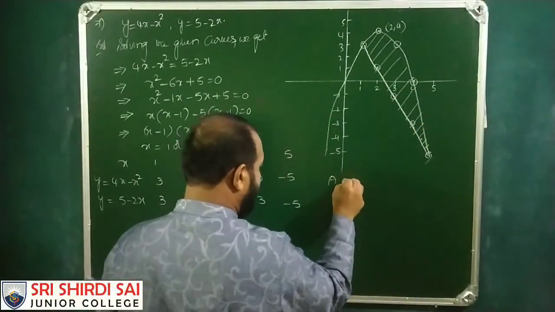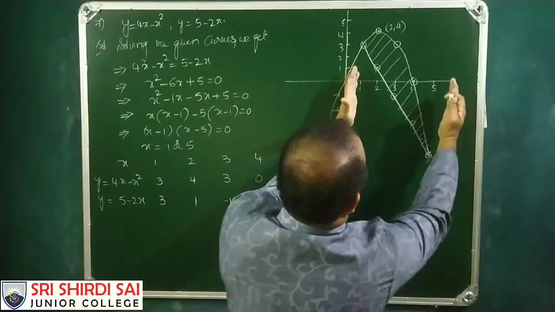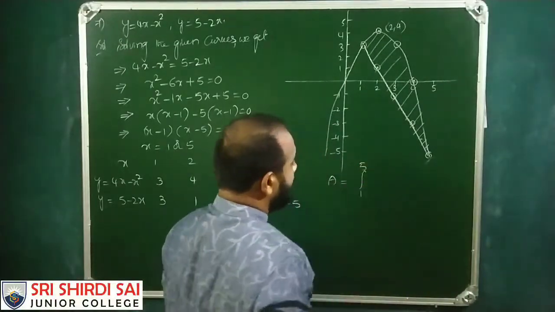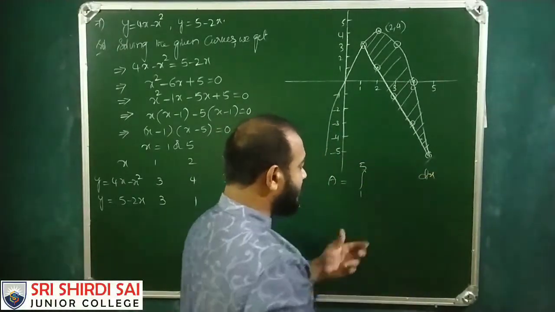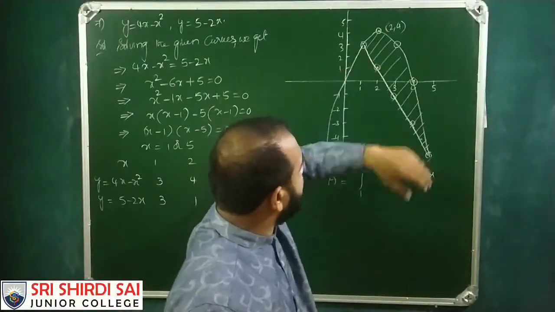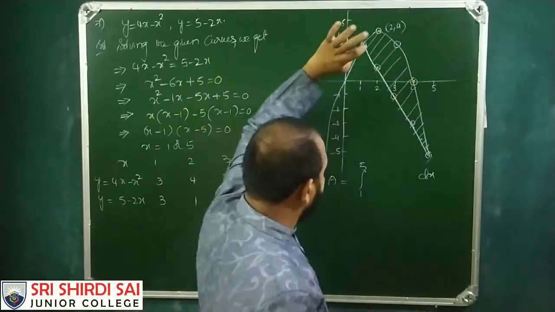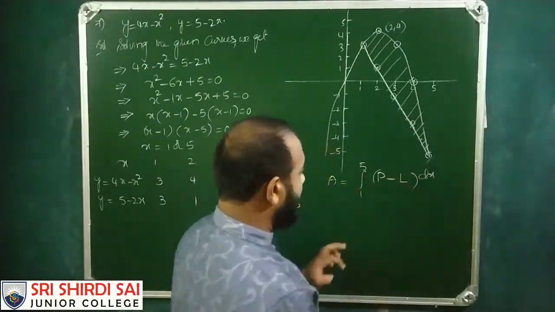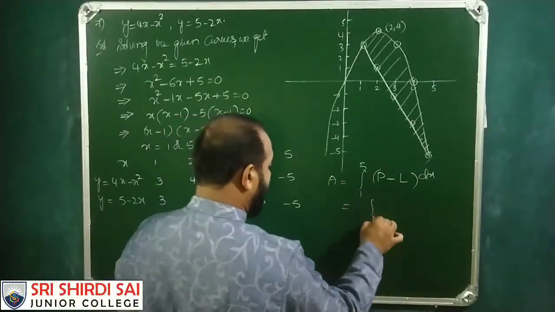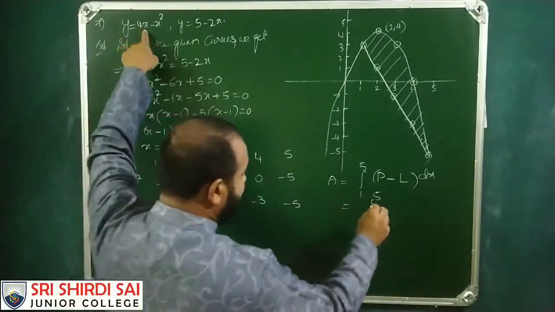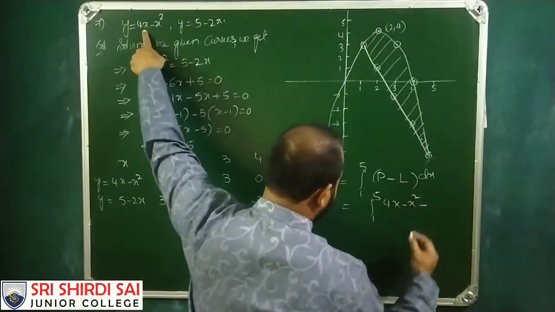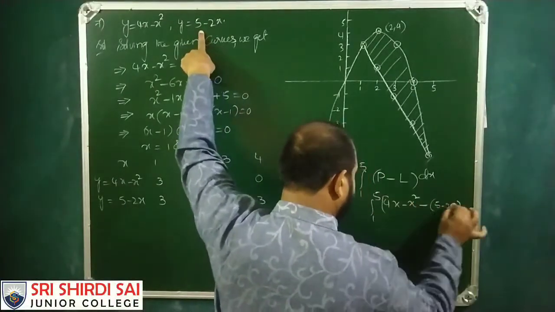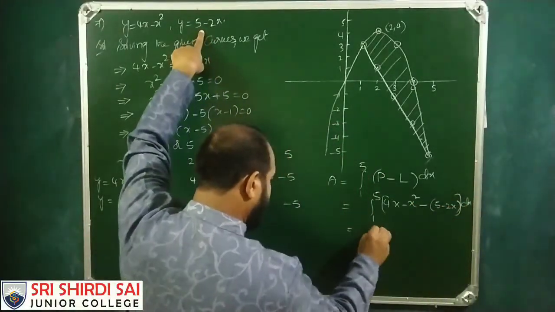So area A is equal to the integral from 1 to 5, with respect to the x-axis, of y dx. But here there are two y's. What is this y? This is the parabola, minus this is the lower line. P minus L dx. So that means from 1 to 5, the parabola is 4x minus x square, minus this is 5 minus of 2x, whole dx. This is equal to the integral from 1 to 5